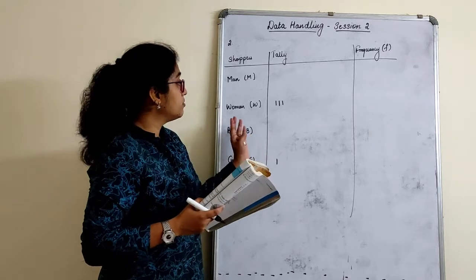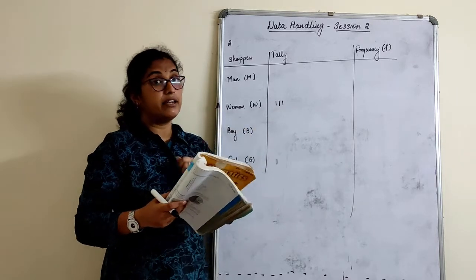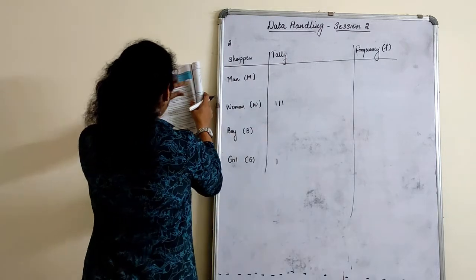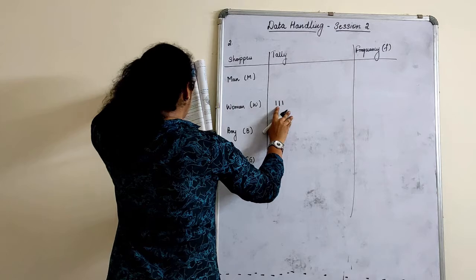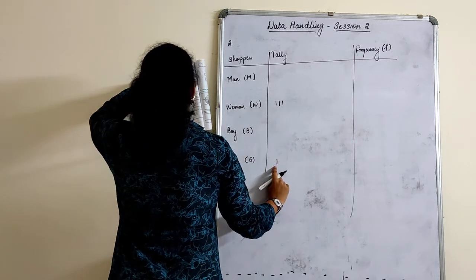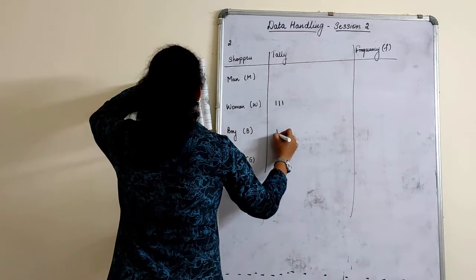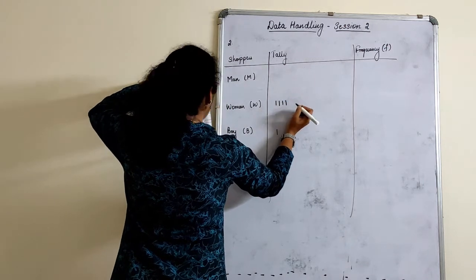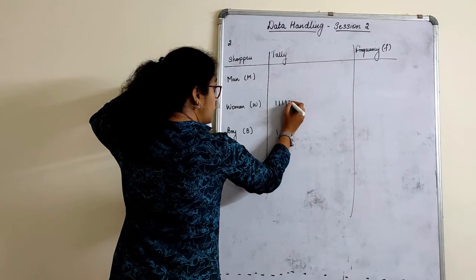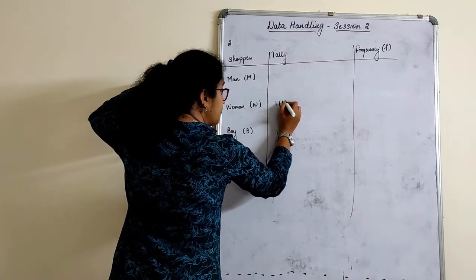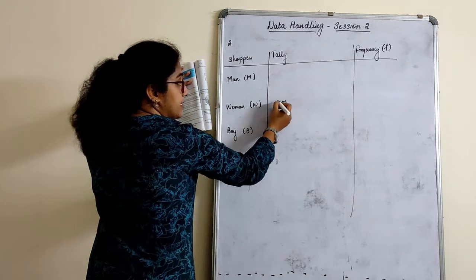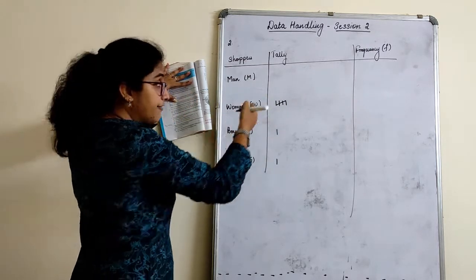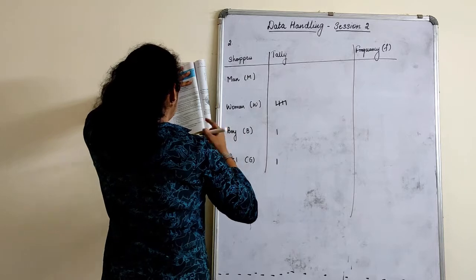Right? So now I will mark, and then I will explain again. I will read from the beginning now. So we have W, what we have done. Then I have a girl. After girl, I have one boy. After boy, I have again W, 4. Fifth one is again W. Fifth one I will not mark like this, I will mark it like this, that is 1, 2, 3, 4, 5. Right? The fifth one is always a slant.